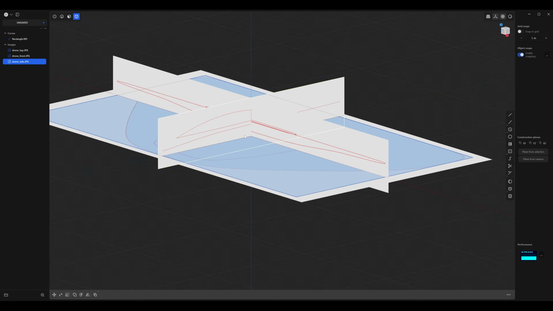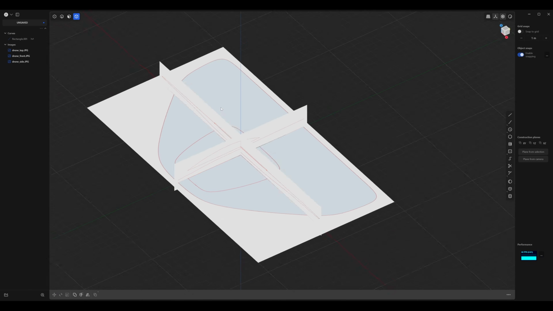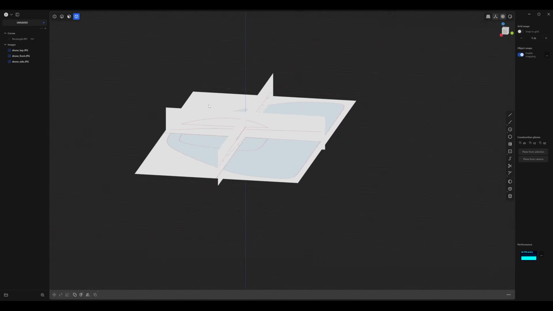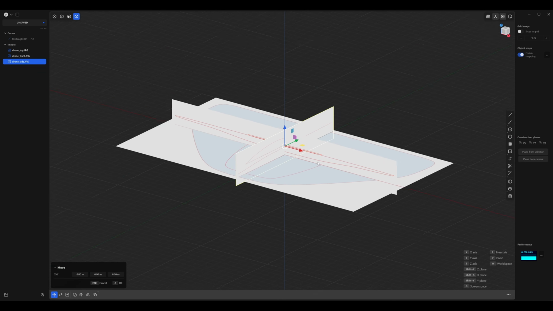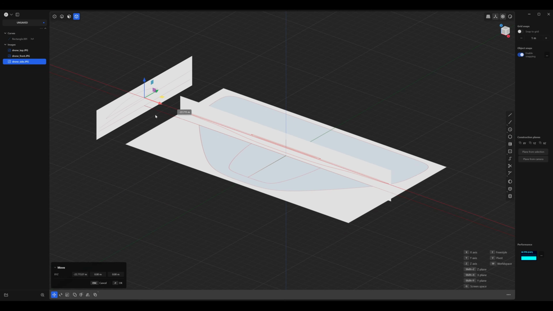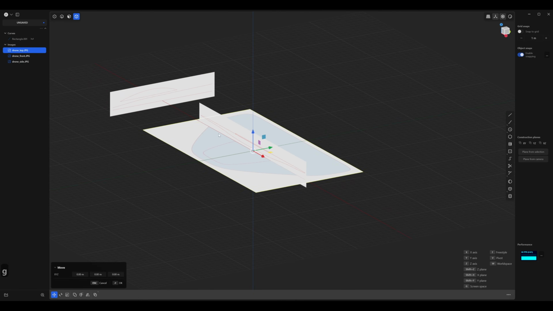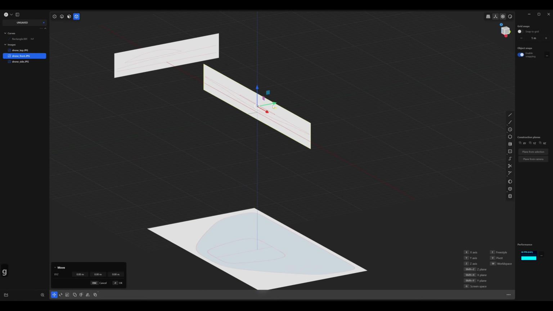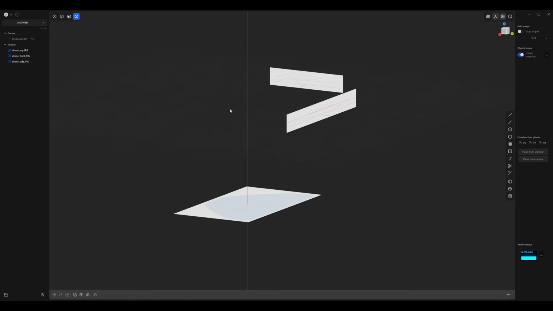Great. So now you have your references at the correct size, and you can go ahead and hide this rectangle. They're all intersecting, and we don't want that since it'll get in the way of our model. So the next thing you need to do is just select them and move them out of the way. I'm going to select the side view and move it on the x-axis towards the left. And then the top view, I'm going to select that one and move it downwards. And the front view, move it backwards. It doesn't matter how many units, as long as you have enough space that doesn't overlap with your model.